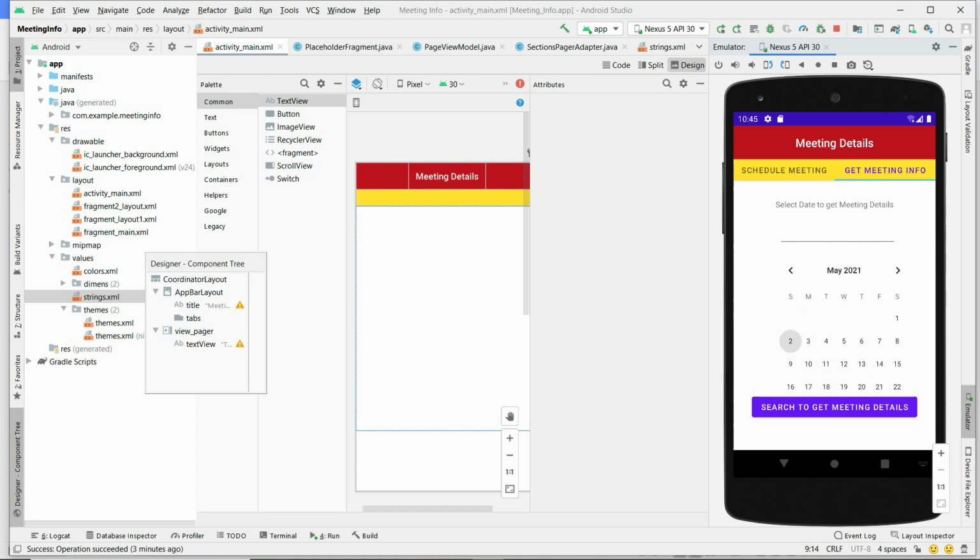You can select that particular date, it displays that date in this edit text, and search to get meeting detail. It should display the meeting information in the message. This is the program.